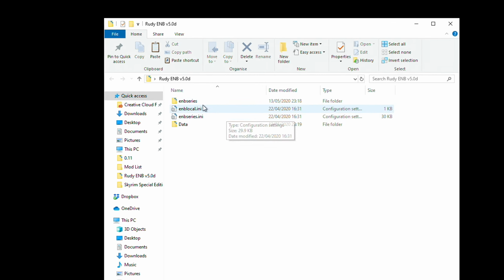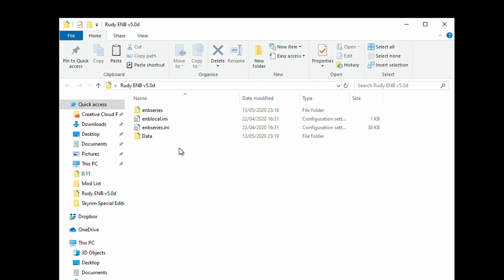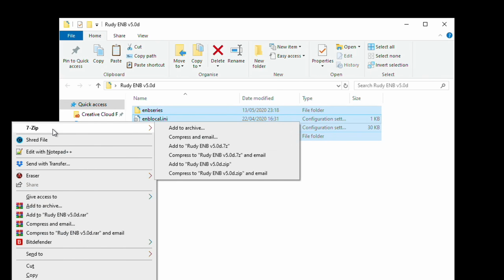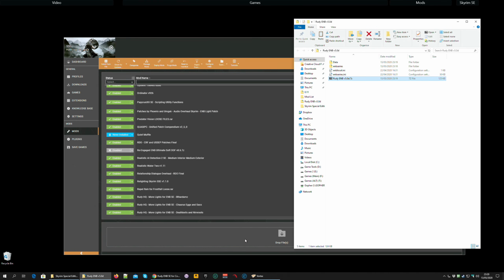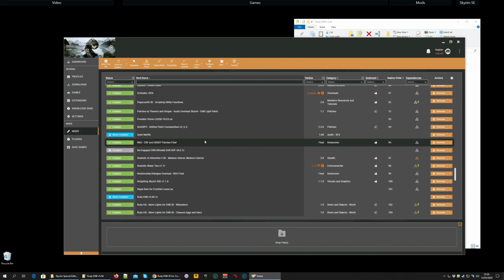The file structure is anything that goes in the main installation folder are the loose files. Anything in this ENB series folder will appear in the game folder under a folder called ENB series, and likewise the same is true for data. That is it. It's a simple matter of then selecting them all, using 7-zip to add them to an archive, dragging the archive into Vortex,